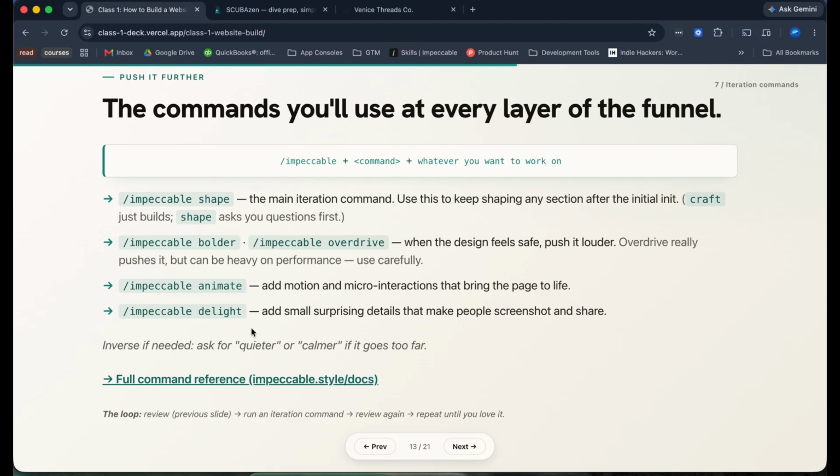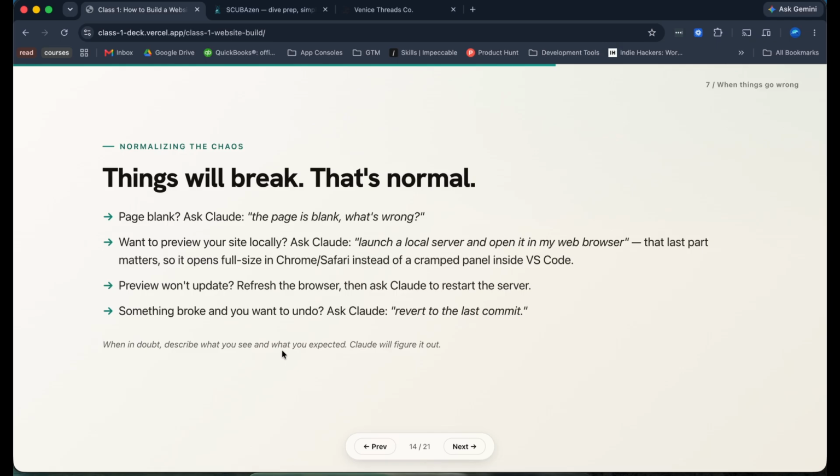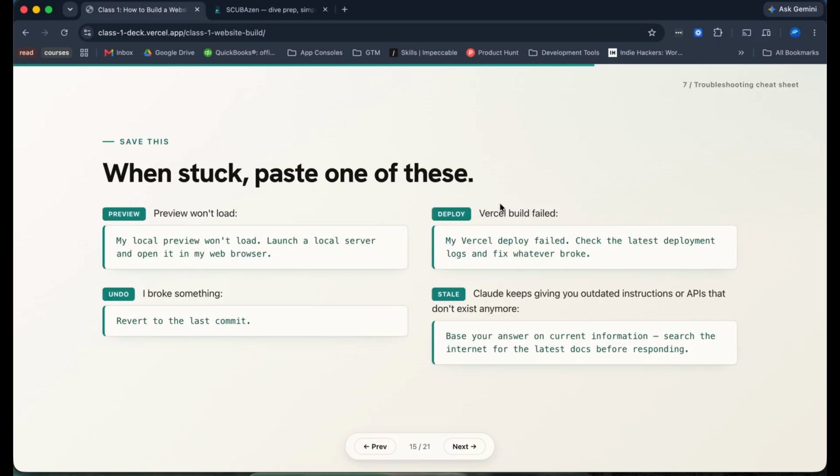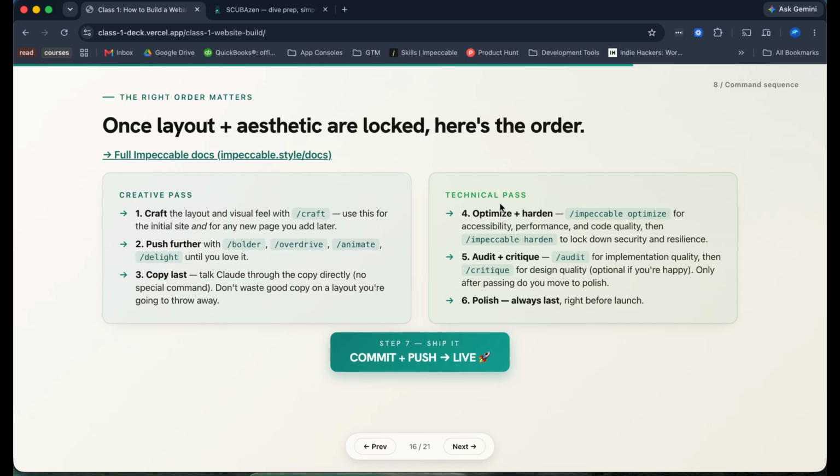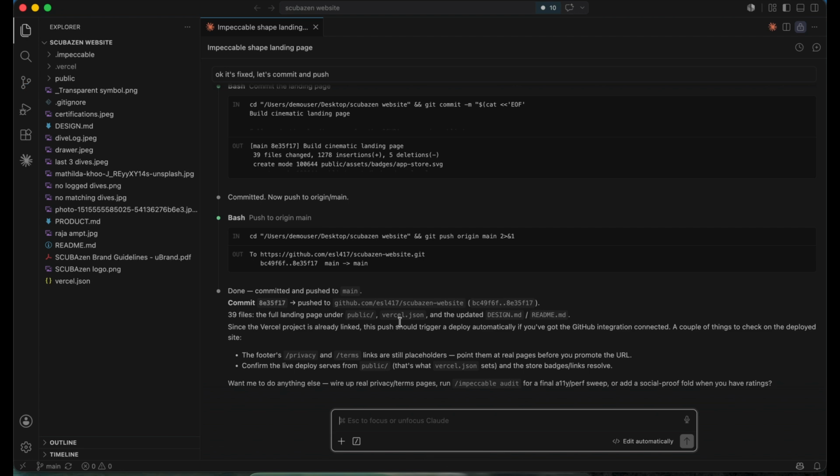Okay, like I said, things will break. The scroll in this first section broke. It didn't work totally fine. So how did we fix it? I didn't know the issue or why it was happening, so I just told Claude, hey, the scroll's broken, let's fix it. It took 2 tries to figure out, and it ultimately decided to remove it, but we got there and it was fixed. This is just to display that you should describe the issue, be specific, and it'll try to fix it for you. So before I go through all of this, I'll show you what it's like to go through Bolder.